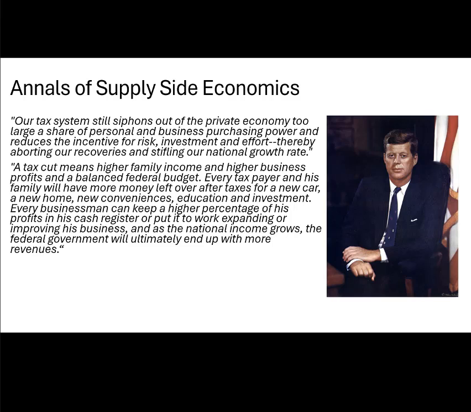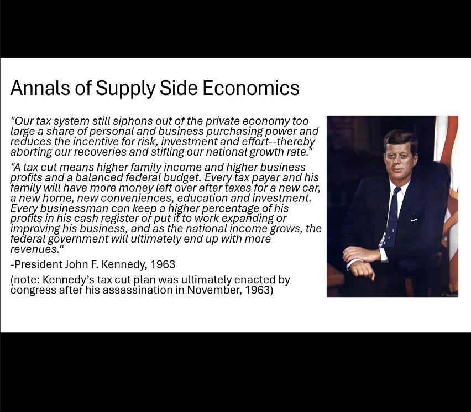That would be this guy right here, another Democrat, President John Kennedy, 1963. Unfortunately, Kennedy was murdered before he was able to implement his tax cutting plan, but his tax cutting plan had already been introduced in Congress. He was a strong cheerleader for it, and after his death, President Johnson took over and signed the tax cut program that was initially passed by Congress, I believe, before the end of 1963, and then was finalized, I want to say, in 1964 under President Johnson. So this is often referred to as the Kennedy/Johnson tax cut. But the tax rates were brought down significantly here, and that arguably contributed to a very strong economic boom for the rest of the 1960s.